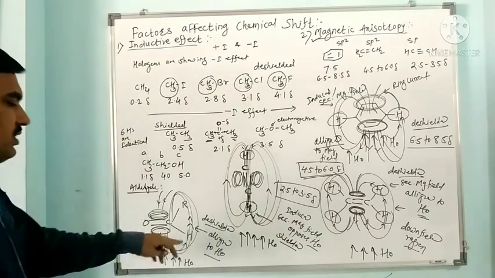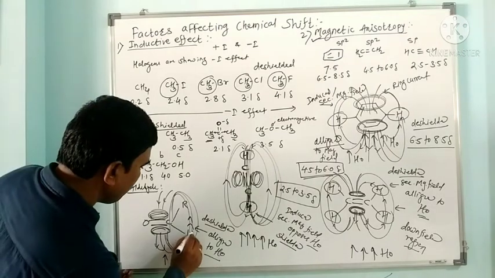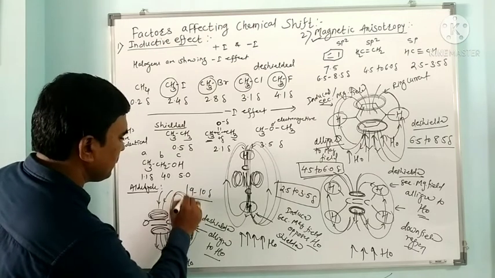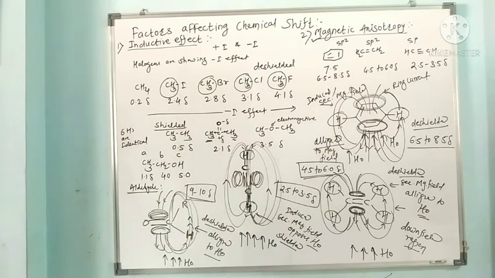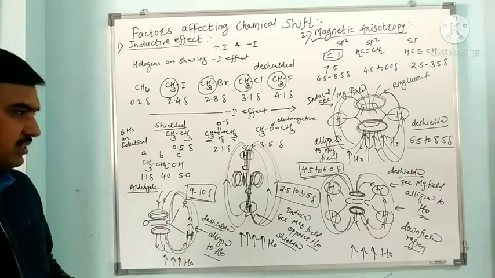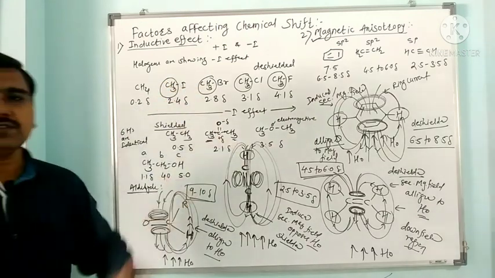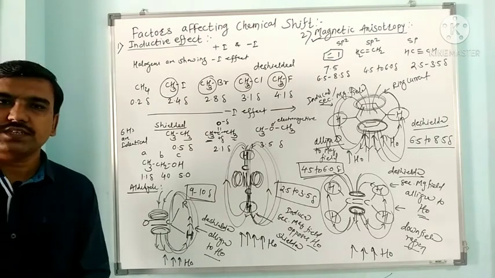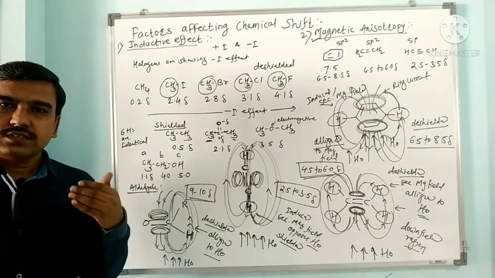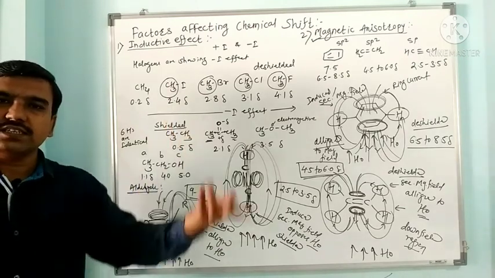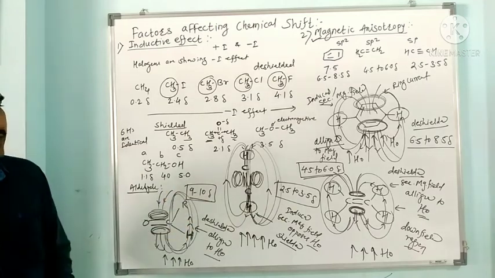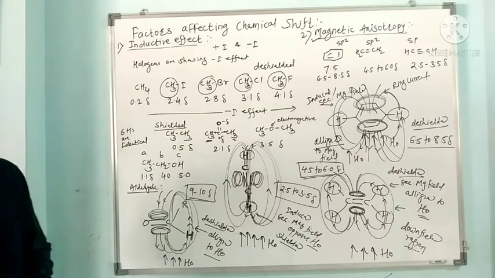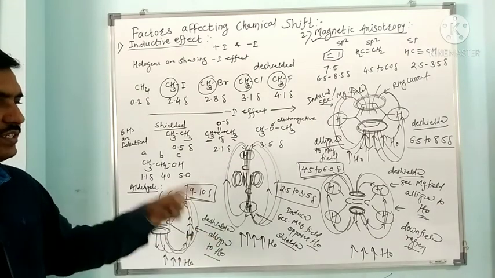of the proton. So the aldehydic proton is also highly de-shielded, and its chemical shift is around 9 to 10 delta. So these are highly de-shielded. The chemical shift of the formyl proton is around 9 to 10. So this is the effect of magnetic anisotropy on the chemical shift. Magnetic anisotropy is due to the circulation of pi electrons. It creates a current, which induces the secondary magnetic field, which can be aligned to the applied magnetic field or opposite to the applied magnetic field. Because of that, protons may be shielded or de-shielded.